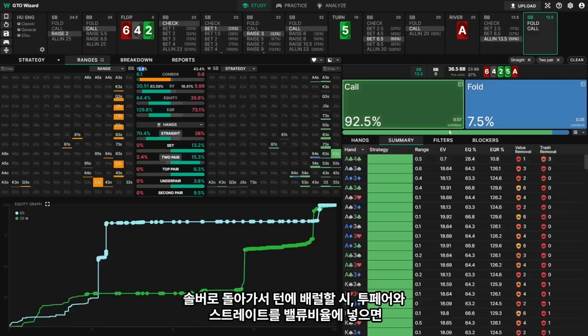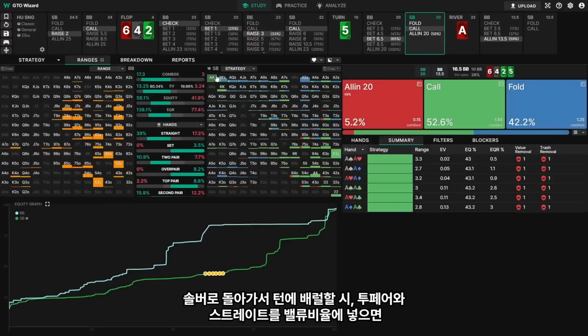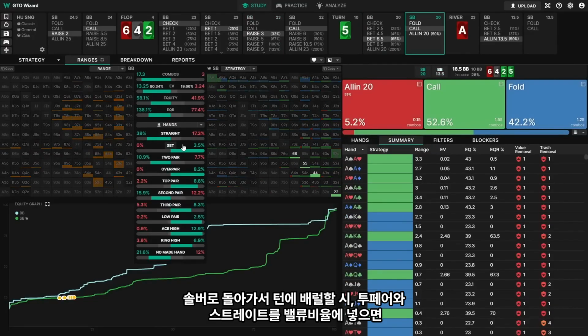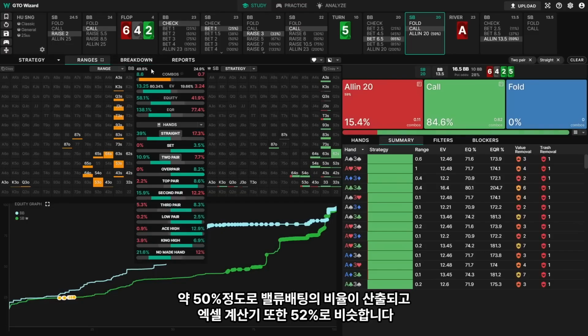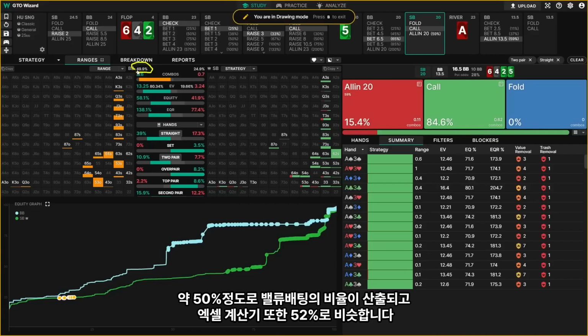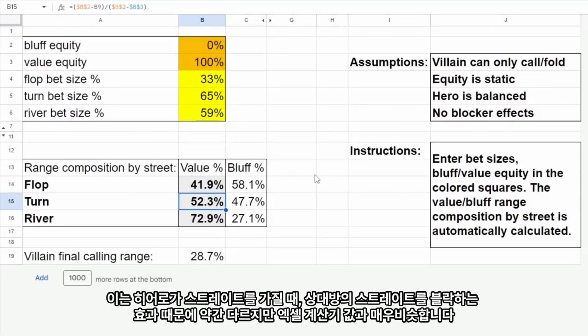So let's go back here. We'll head over to the turn. So we've barreled the turn. And again, let's just use two pair and straights as the value portion of this c-bet, which comes out to about 50%, 49.4. Call that 50% value bets on the turn for this bet size. And yeah, here it says 52%. So our toy game model predicts slightly more value, but the fact is we also block a lot of the straights when we have a straight, so that changes the calculation a bit, but we're ignoring card removal in our